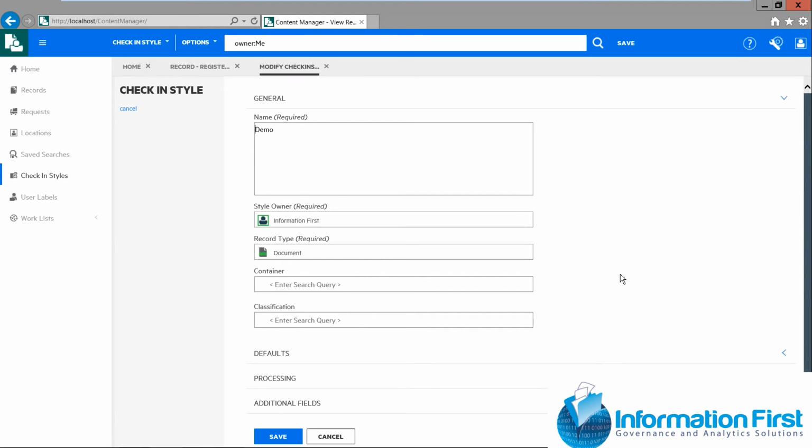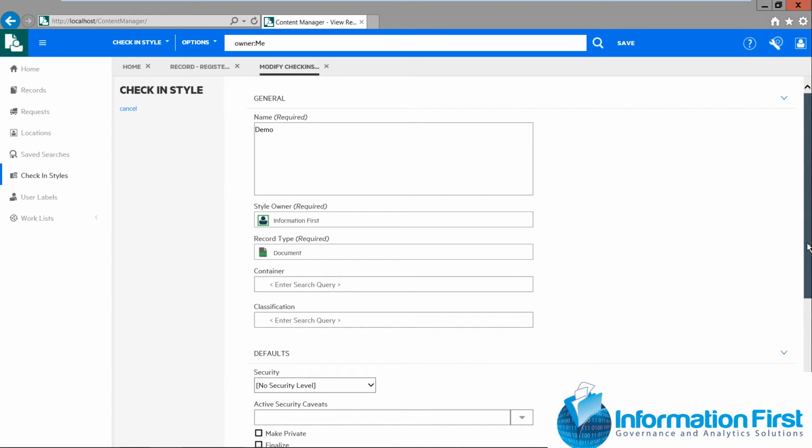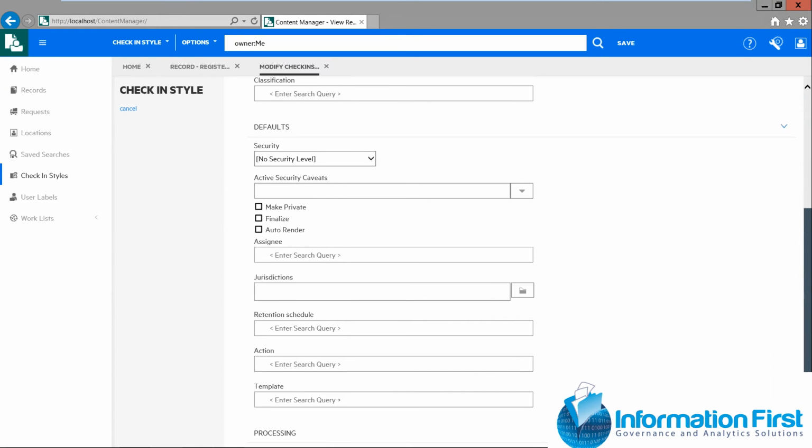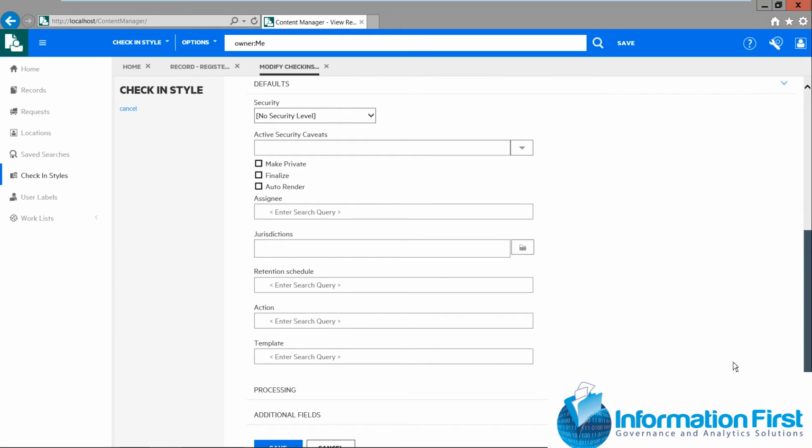So if they're putting it into an Outlook linked folder, then this style would be used. If you click on default, then you can get to some of the other options that will show you how this template can be put together. So you can see there's a lot of other features in here, and I know a lot of people use